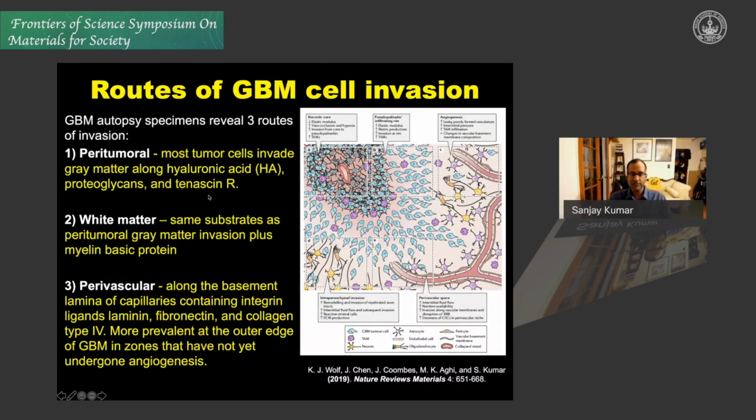As I mentioned, glioblastoma tumors don't spread radially or isotropically within brain tissue. They tend to follow preferred anatomic tracks. And to a first approximation, there are three routes through which GBM spreads clinically. I'll mention that this formulation was strongly inspired by a wonderful collaboration we have with a neurosurgeon at UCSF, Manish Aghi, who does a lot of GBM cases and thinks critically about how GBM tumors might respond to